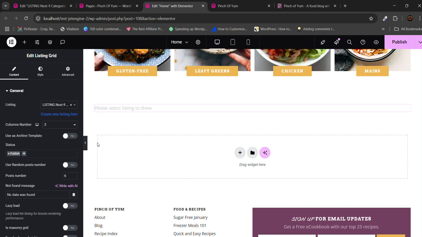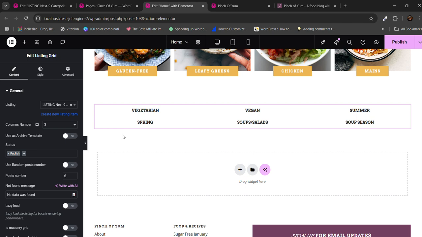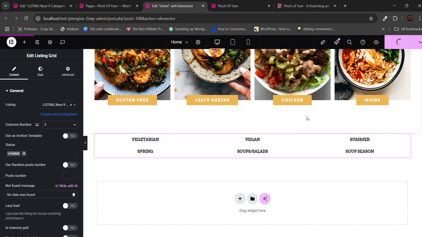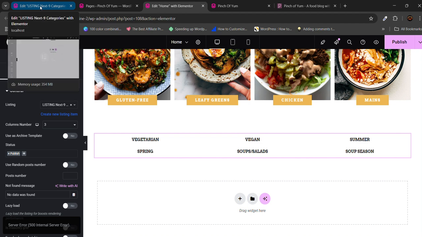Yeah, next 9 categories. Oh, look at them. Okay, so these are just random categories, but we need the most popular categories, so we're going to create a query now. And we cannot use the same query